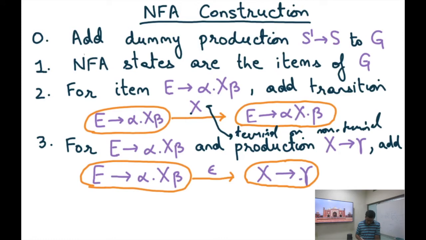Whereas in this step 3, X should be a non-terminal. Only then it makes sense, right? Okay, so we're going to add an epsilon production. So what this means is that if I'm in the state where I've already seen alpha and my next non-terminal is capital X, then I could non-deterministically go to this state where I expect to see gamma as my next